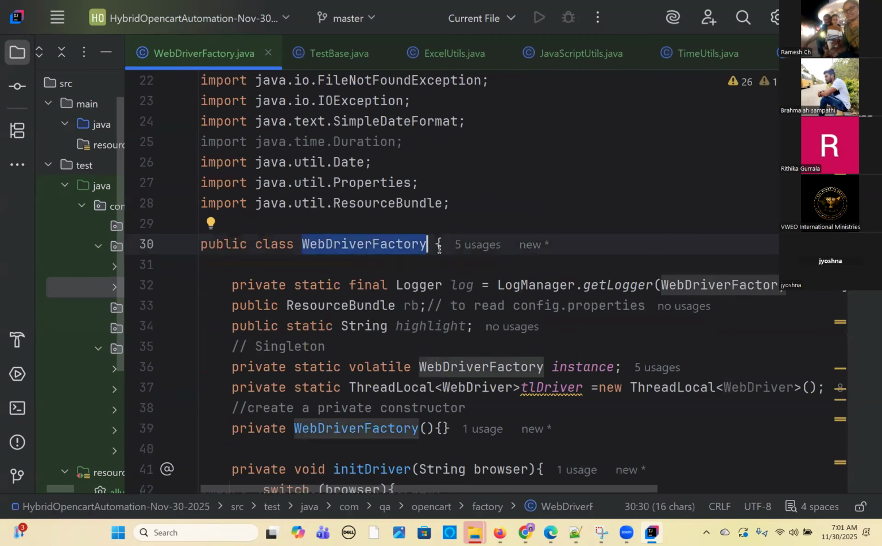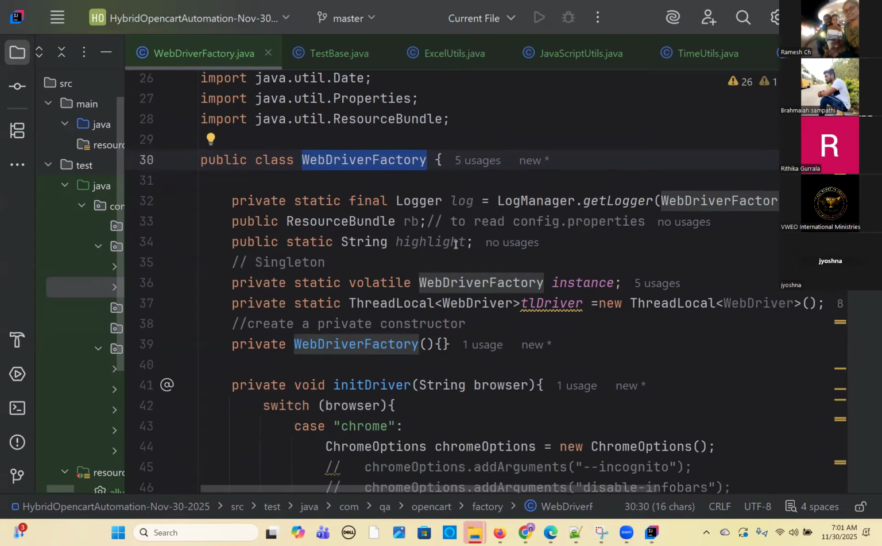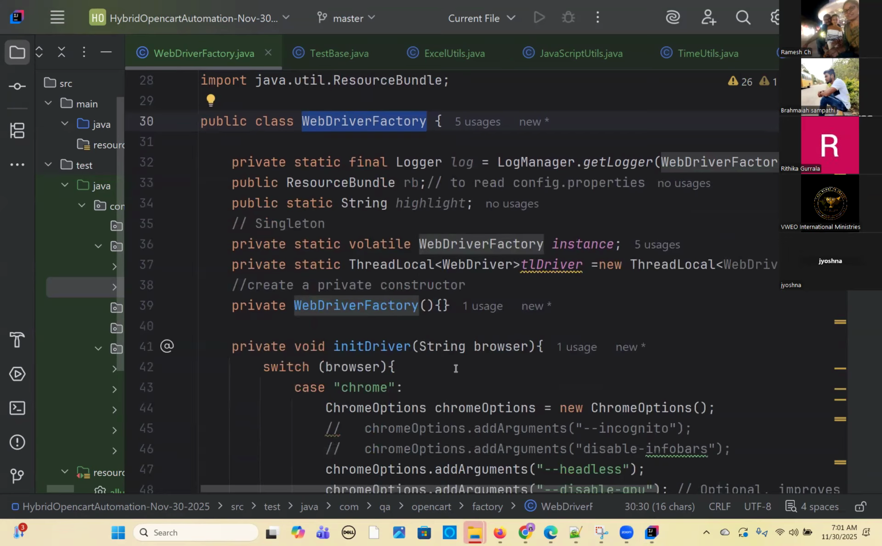So this WebDriver factory class is used to launch your browser, and how to launch, and you set your browser options, then you can launch your application URL. Till that you will do everything here in this WebDriver factory. See, WebDriver factory is following a Java design factory concepts. So we are using here